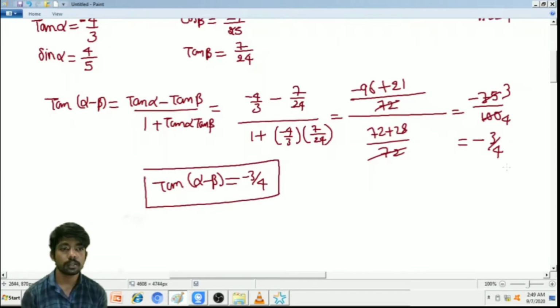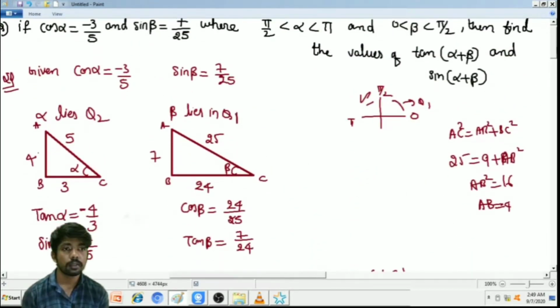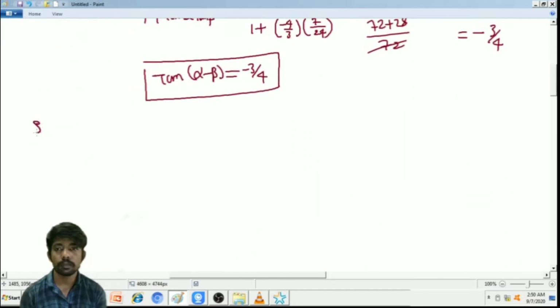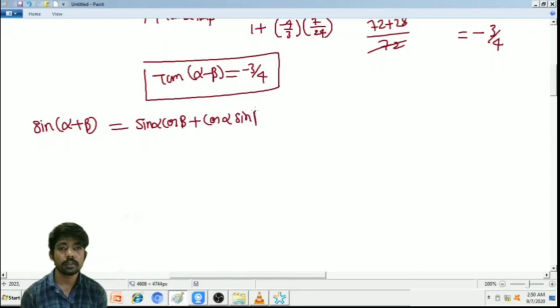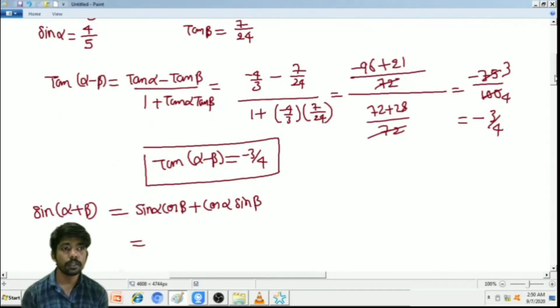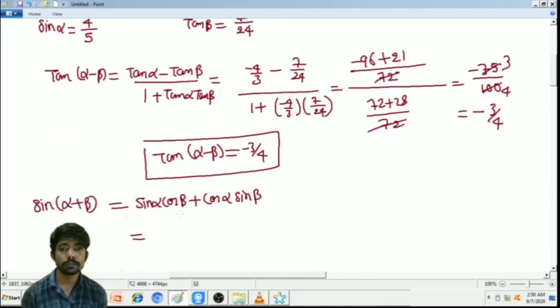Next is asking to find sine of alpha plus beta. We know the sine of alpha plus beta formula: sine alpha cos beta plus cos alpha sine beta. So sine alpha value is 4 by 5,